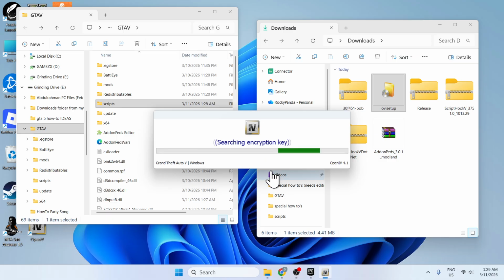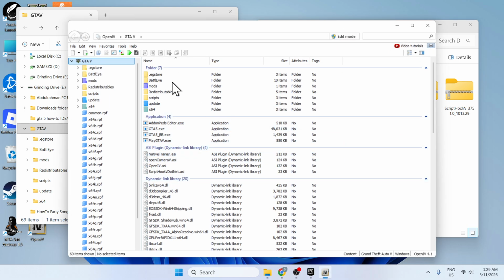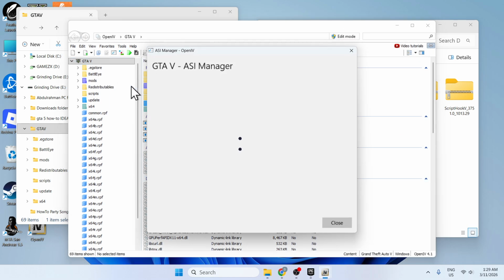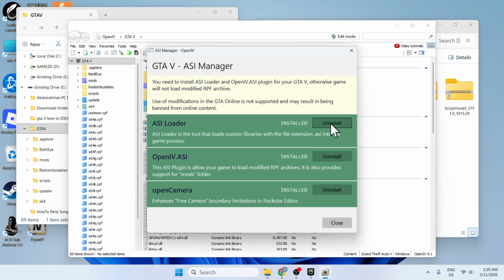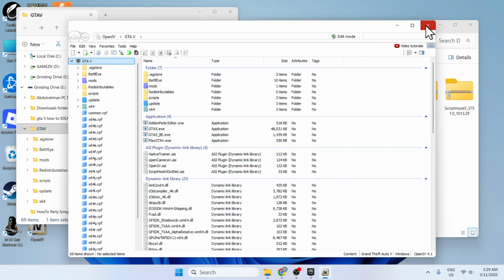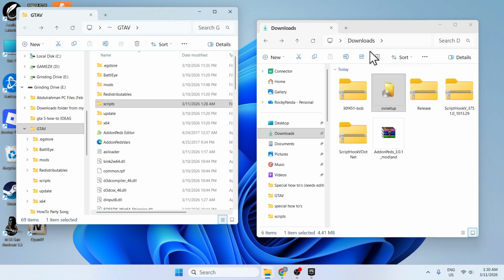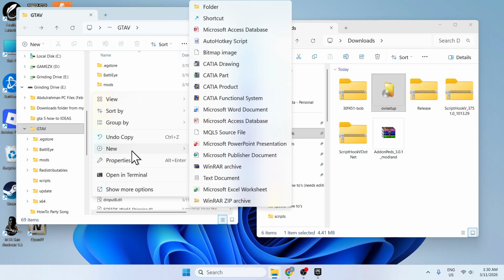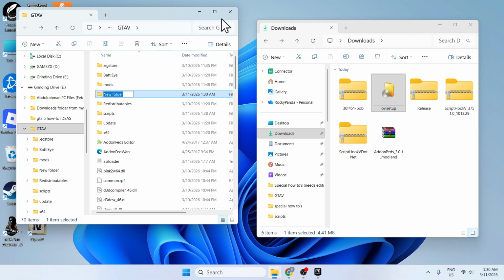and just wait for it to load. And after it loads, go to tools, ASI manager, and just make sure you have these installed. So click install if it's not installed, and then you can just leave here. Before I do anything here, you need to create a mods folder. So go to here and new, and then folder, and just name it mods. As you can see, I already have one, so I'm not gonna create another one,